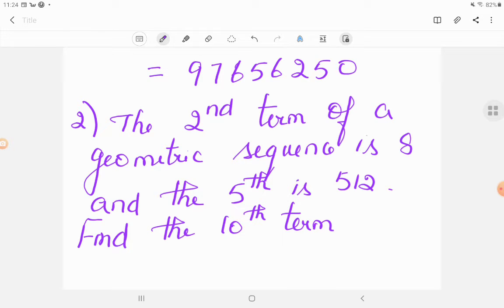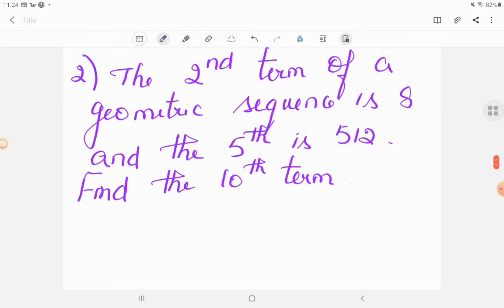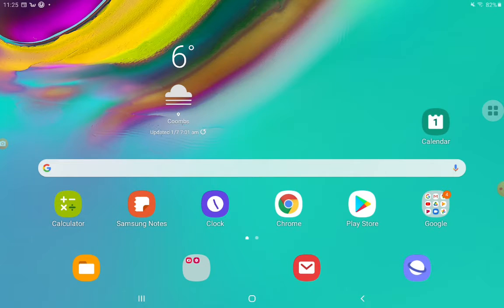So find the 10th term. So therefore, the second term of the sequence is 8 and the fifth term is 512. In order to find the 10th term, we need to know the first term and the common ratio. So therefore,